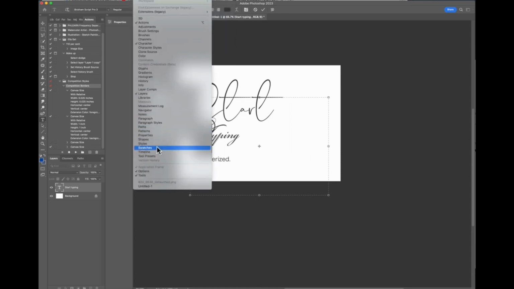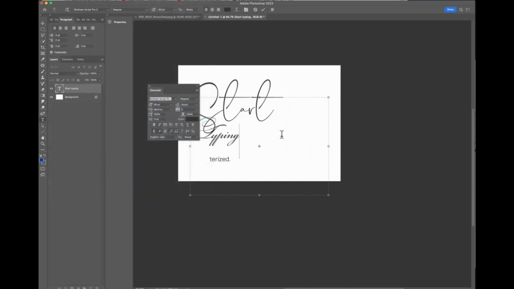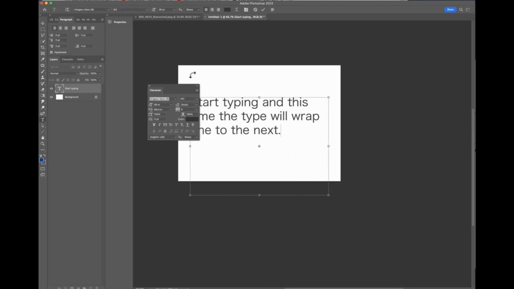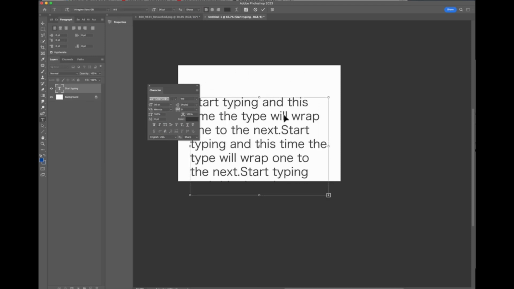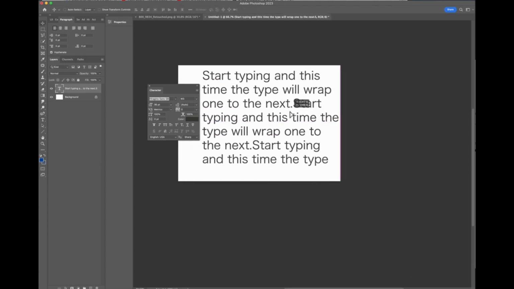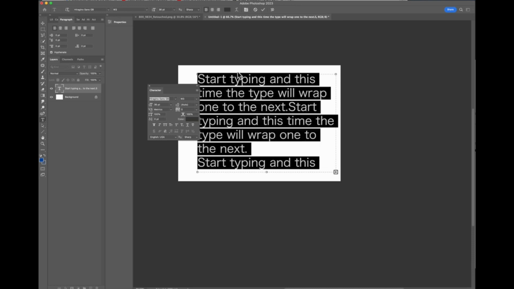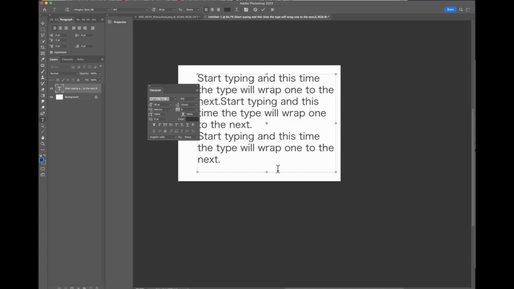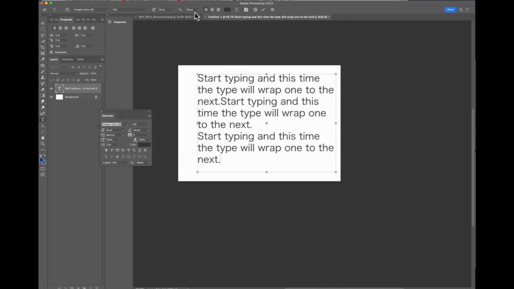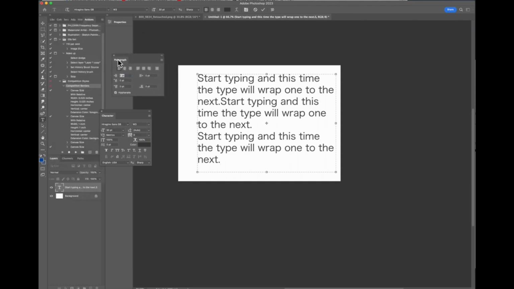Let's get into type. Paragraph styles. Paragraph right there. Okay, so this will allow you, let me see. Okay, so I've got a paragraph here. And I'm going to insert a new paragraph here by just putting in a return. Okay, select all, just make the font a little bit smaller so we can see it. There we go. Okay, so in this case, when we have our paragraph window, which I have right here, we